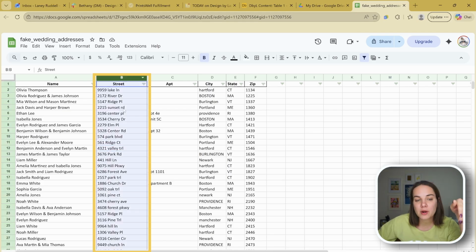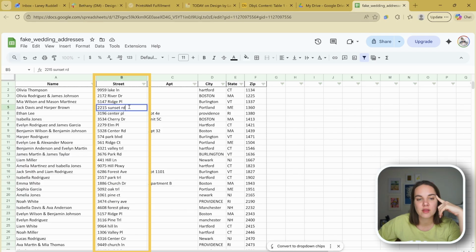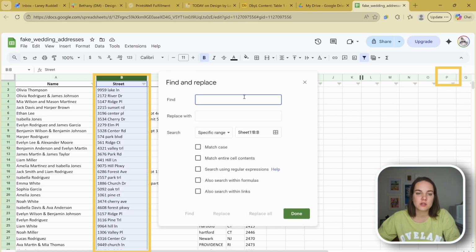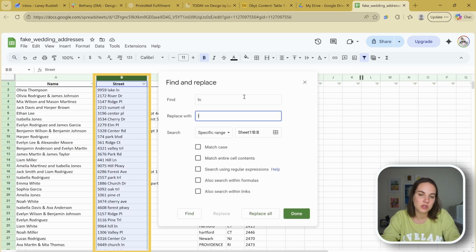Now the proper case, I showed you how to do that. However, the roads, place, etc. are not quite as easy. You can do a find and replace here. So you can change LN to lane, and of course if you do capitalize, then that's going to proper case